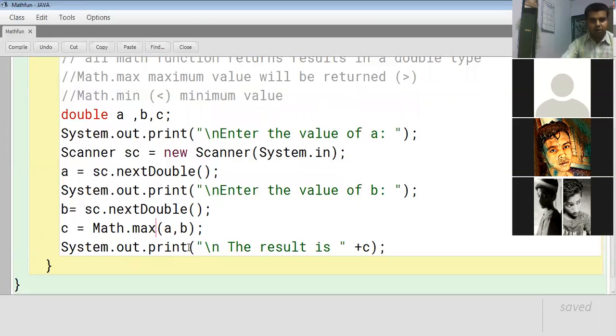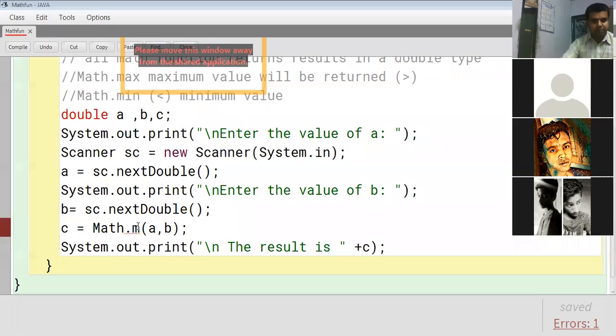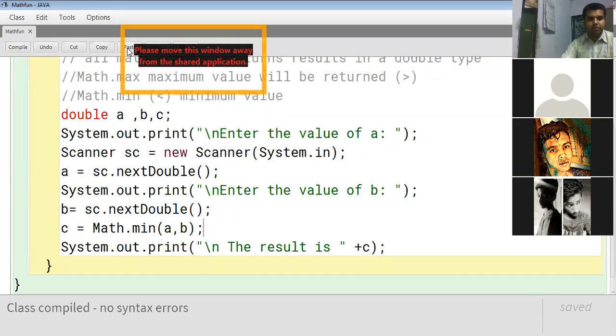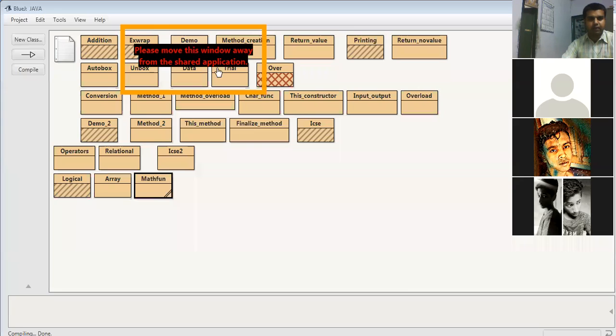So instead of math.max, we will use math.min to find out the output, that is, comparing two values. Compiling it is absolutely fine.